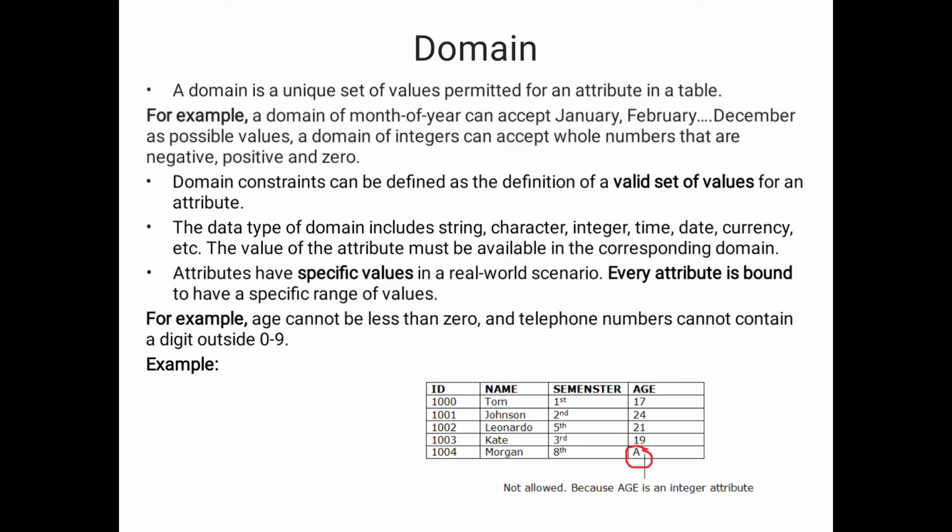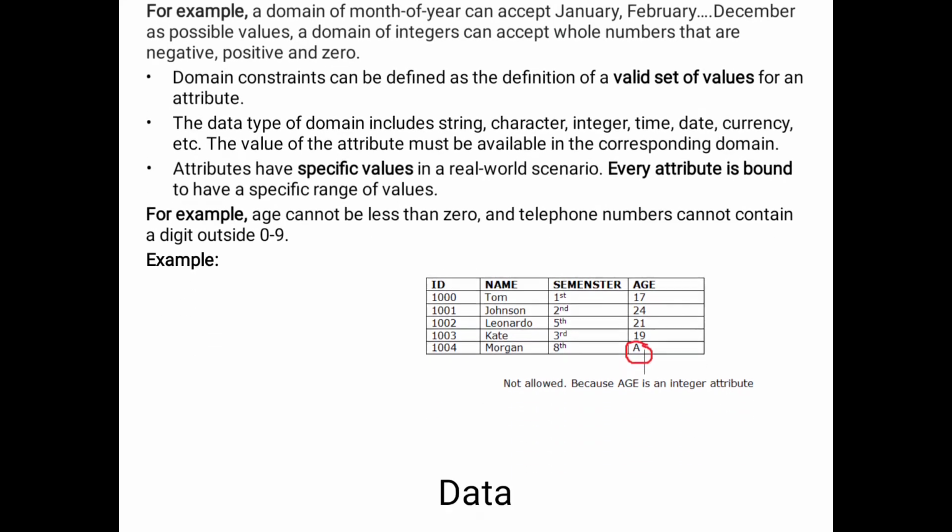Here I will consider one small example. Age cannot be less than 0. So at the time of age we will mention either 1, 2, 3, like that. Minus 10, minus 9, that is not a good manner. Suppose we consider the telephone number field. Definitely we will fill all the 10 digits. Each and every mobile number maintains 10 digits. That's why we will maintain the 10 digits, and those digits are only 0 to 9. That is the meaning of domain.